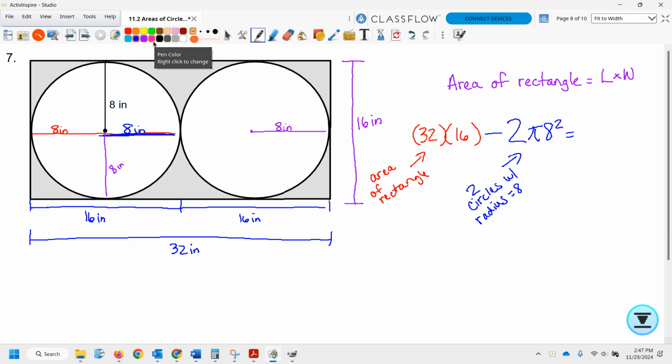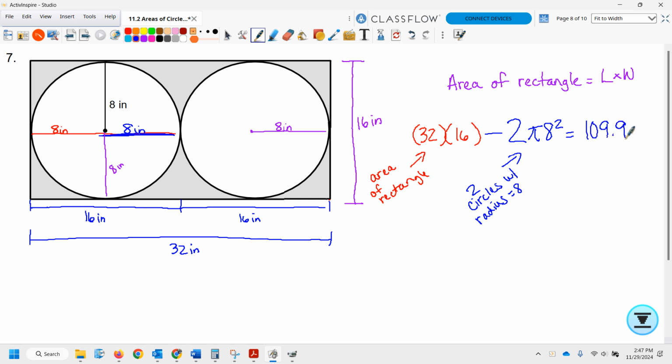Does this calculator work, guys? So 32 times 16 minus 2 times pi times 8 squared. Oh, interesting. Oh, okay, I did something weird. Okay, so that's why we're doing this together. 32 times 16 minus 2 times pi times 8 squared. My calculator gave me a negative number, and that's why I had to laugh, because I was like, wow, that's freaking wild. If we round to the nearest tenth,